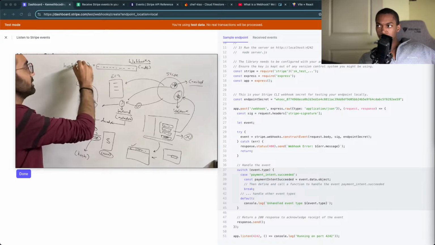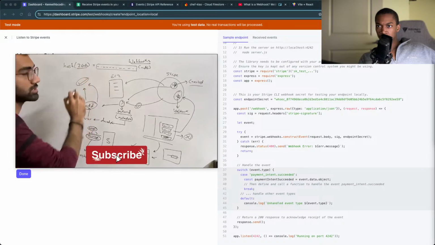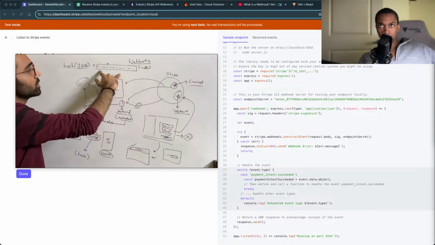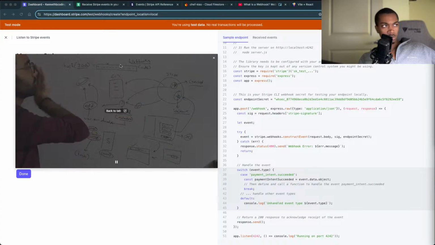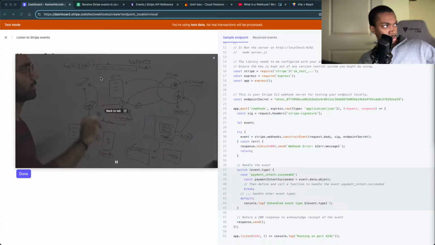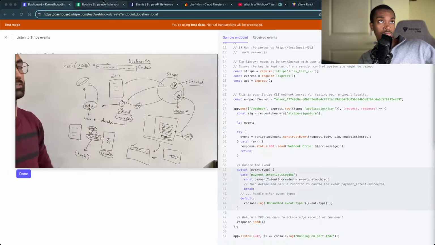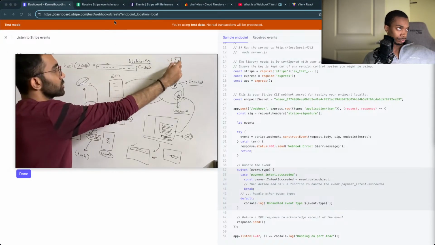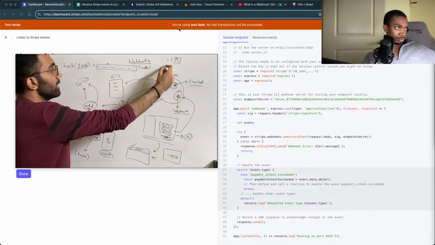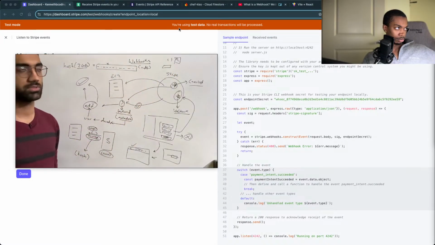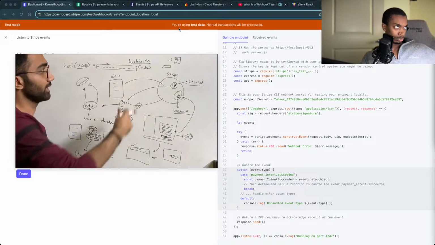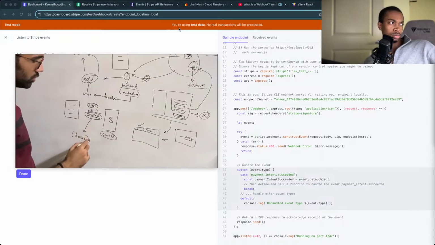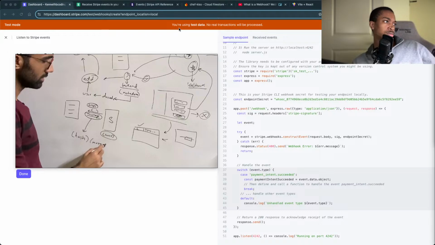That means if anything, even a single bit is changed in this file, this hash would completely change, right? It's more like a signature. You don't have to parse the full file on a different source to know if the file is corrupted or not, right? You can just take the hash of that file on that other source as well. And if the string you get matches the string which you saw on the source, that means the file is fine. Similarly, what Stripe would do is it will hash this message over here and it will use our secret